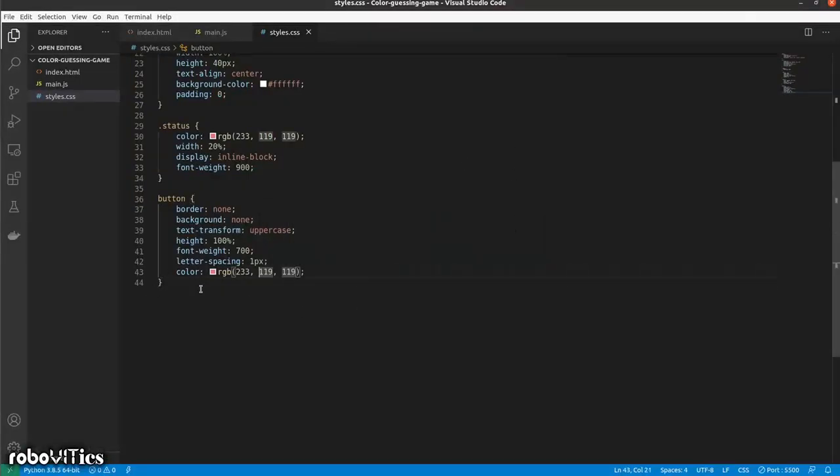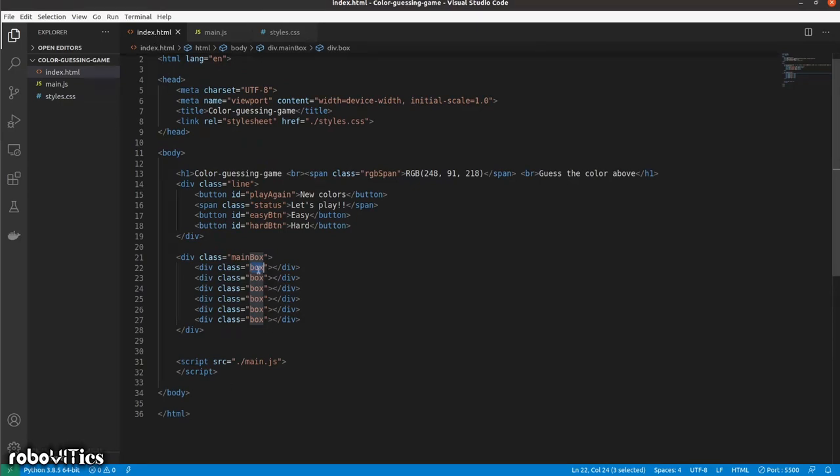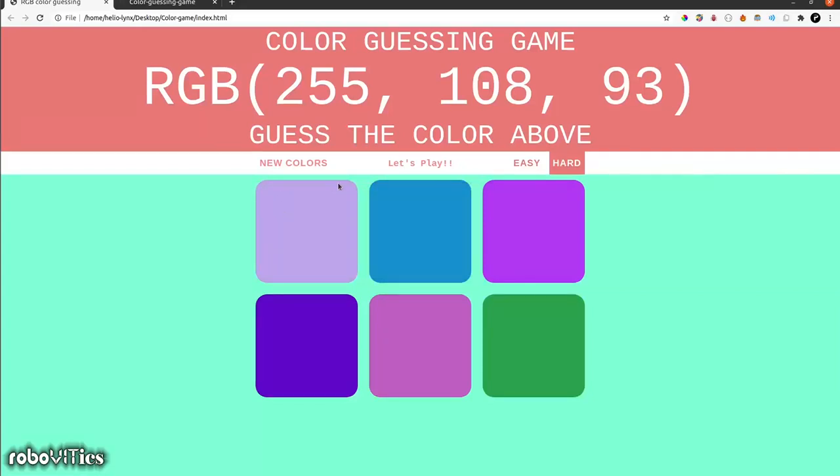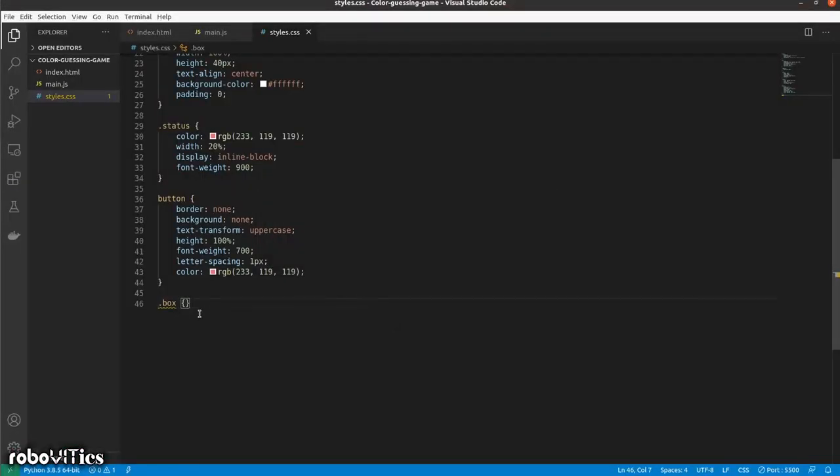So let's start by targeting our boxes. Our boxes have a class of box, so I'm going to target it using dot box, and inside that notice that we have some kind of width to it, some kind of height to it, which can also be made using padding bottom, and we have made it some kind of float, so like float left or float right. So in this case it looks like float left, and we have a border radius also. So let's target all of this and quickly make our box look the way it's supposed to.